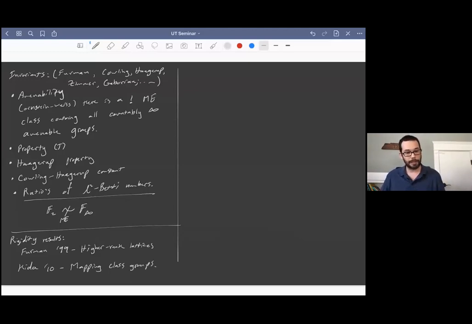So in Furman, he essentially shows that if you have a measure equivalence between a group which is a higher rank lattice and an abstract group, then that other abstract group had to be more or less a higher rank lattice itself, and the measure equivalence that you get actually had to come from the ambient Lie group, like the example I gave of 2 lattices in a Lie group. So this is a very powerful result.